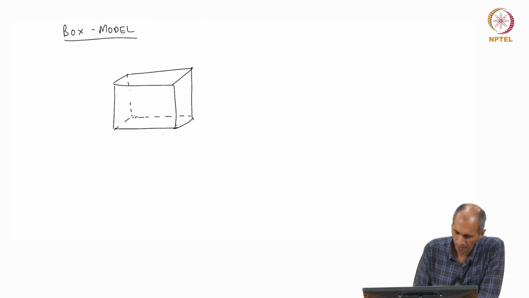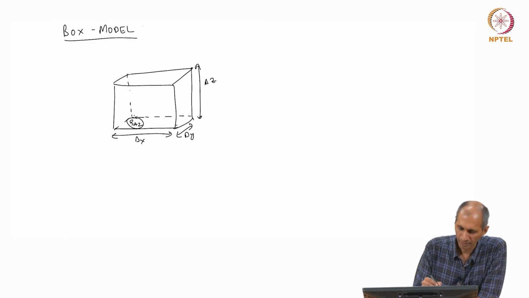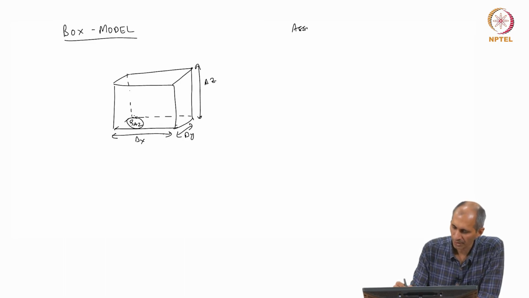And it has a certain volume, let us call it delta x, delta y and delta z, and in this volume there is a concentration rho A2 or rho A1, whatever, we call it rho A2 for the time being. The basic assumptions of the box model